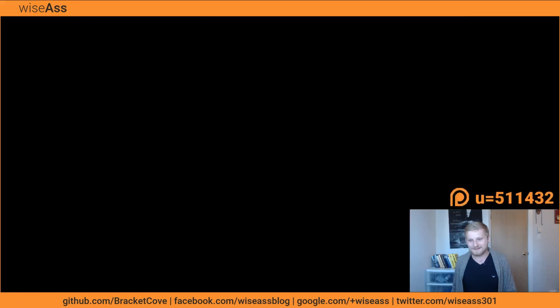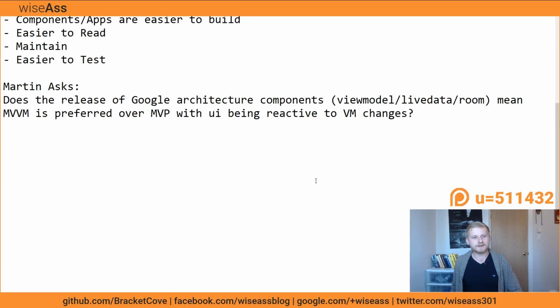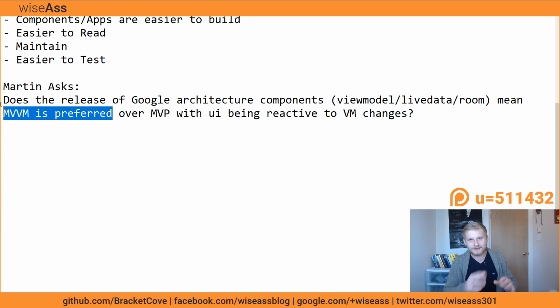I'm not sure if that really answers the question very well. I don't think it's, here's how I would phrase it. I do believe Android is finally saying, hey, if you're going to use an architecture and you don't know what to do, here's this thing we're giving you. Here's kind of how to do model view view model. And they admittedly said that there's different ways to do it.